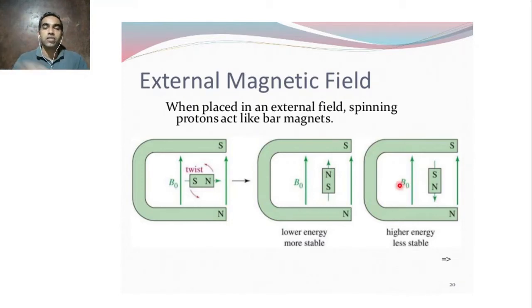That radiation falls in radio waves, electromagnetic waves in the energy range of radio waves. That much wavelength is enough to match the magnetic field of the nucleus, that is, to match the energy required to go from NS to SN. To do this you need external energy. Now you have applied energy, and this has changed its spin. This is what the principle is.